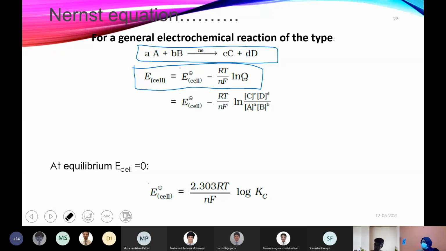In the beginning, in the third period, when we started the discussion on the Nernst equation, we found the E cell from the electrode potentials. We found the electrode potential for copper separately, then for zinc separately, then we subtracted to get the E cell for the copper zinc electrochemical cell. Here we are directly based on an electrochemical reaction. This is the cell reaction happening, and based on that, you can directly write the Nernst equation from the information.